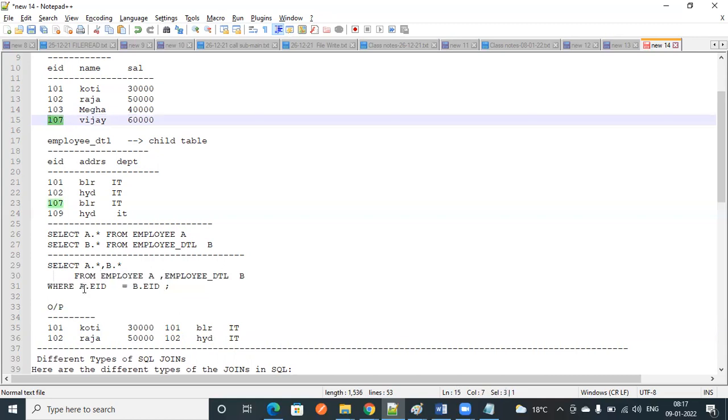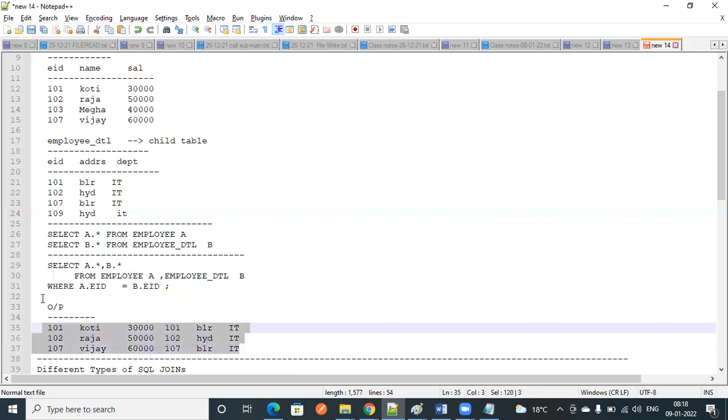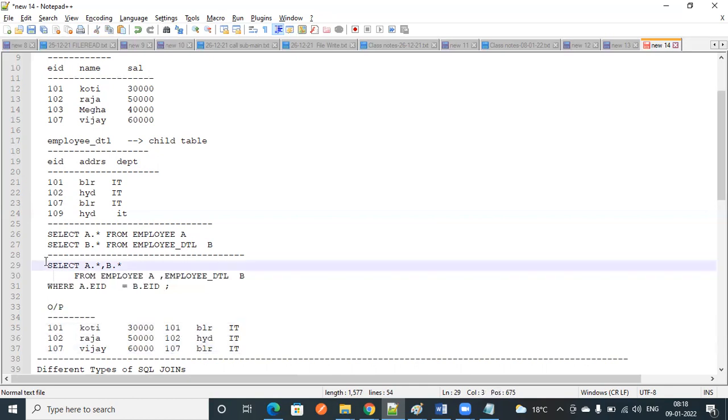Yes, 107 is present. Okay, this is the output. If you run this query, you will get this output.